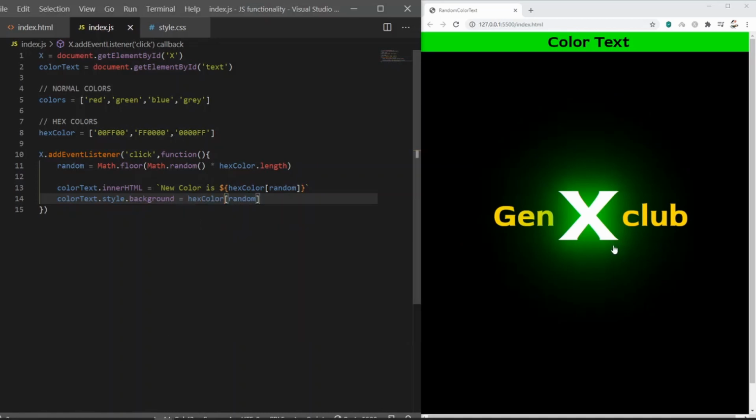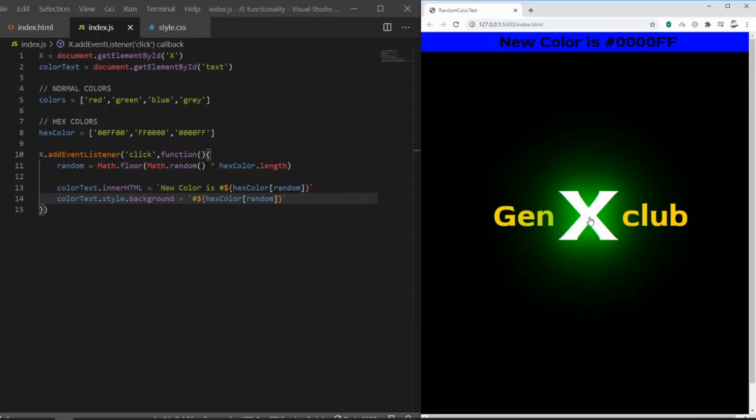Hex color. Let's save it, and it is okay. Oh yeah, we forgot, we require a hash before the color, so let's put a backtick for this. Let's give the variable name hash, and you can see now the colors are changing. We're getting red and blue. Let's click more. Oh yeah, finally green. So we got all 3 colors. Awesome. But we want all the colors.